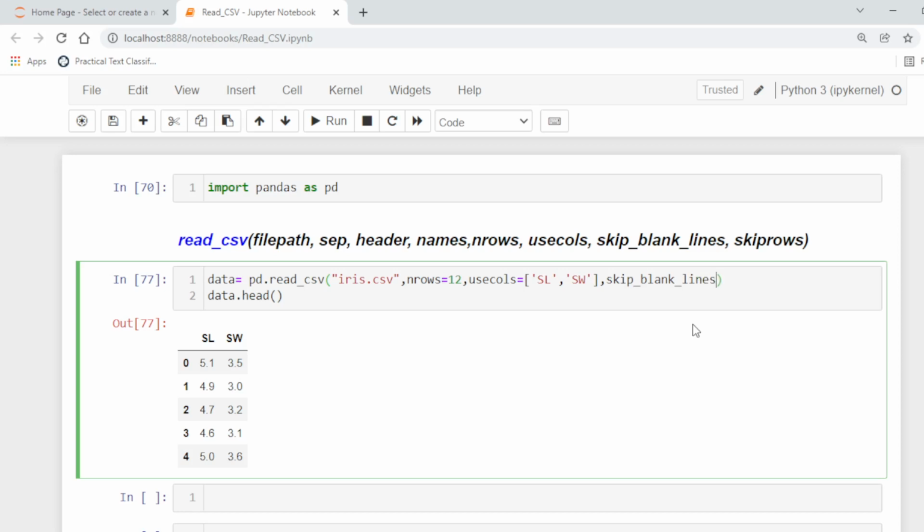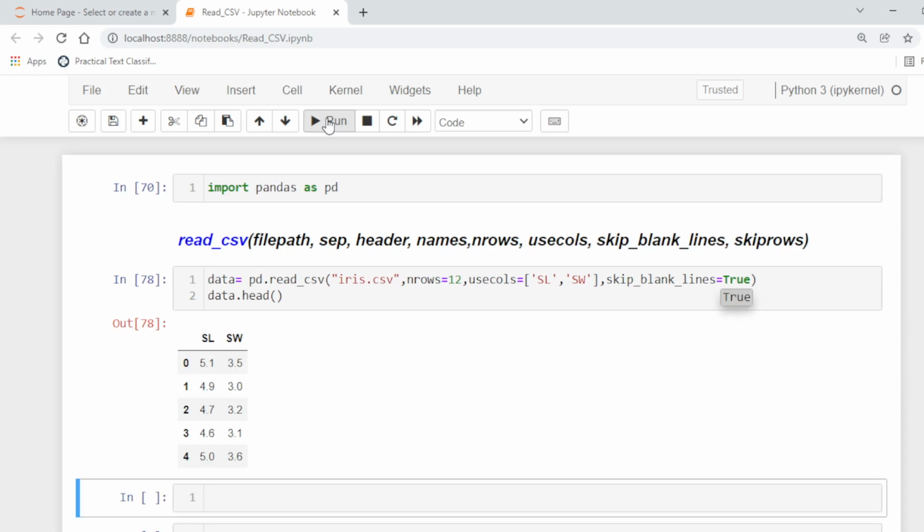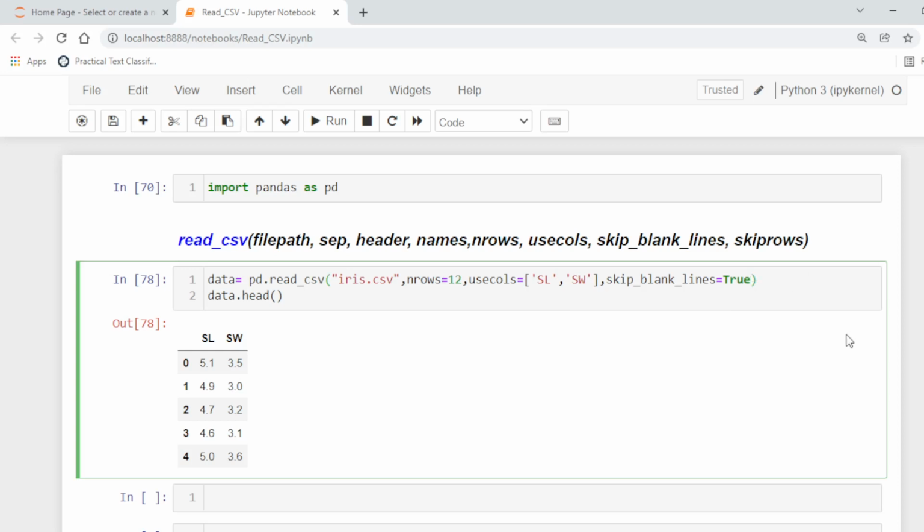By default it is false, so you can change the status to true, and it will ignore the blank lines. Similarly, skip rows.